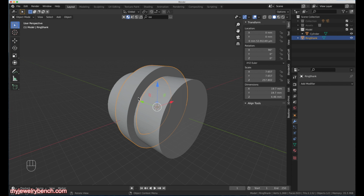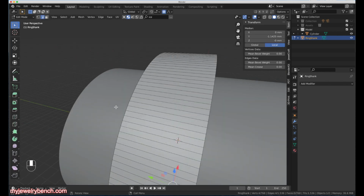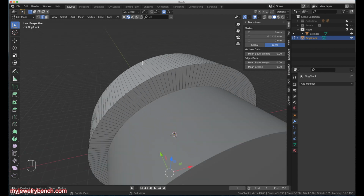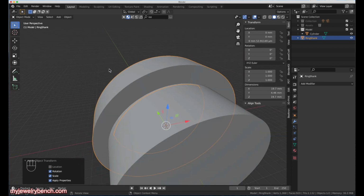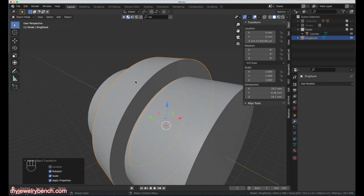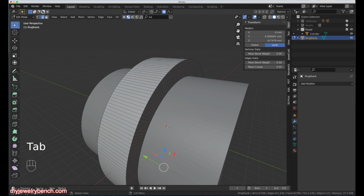I'm going to come over to my ring shank, hit Tab key, and now I want to apply a beveled edge to the perimeter of this particular ring. Now before I do that, let's just do Control A and apply the rotation and scale. That'll just make life a little bit easier for us when we apply other modifiers or functions to this particular ring shank. Hit Tab, go into edit mode, make sure your edge loop is selected here,